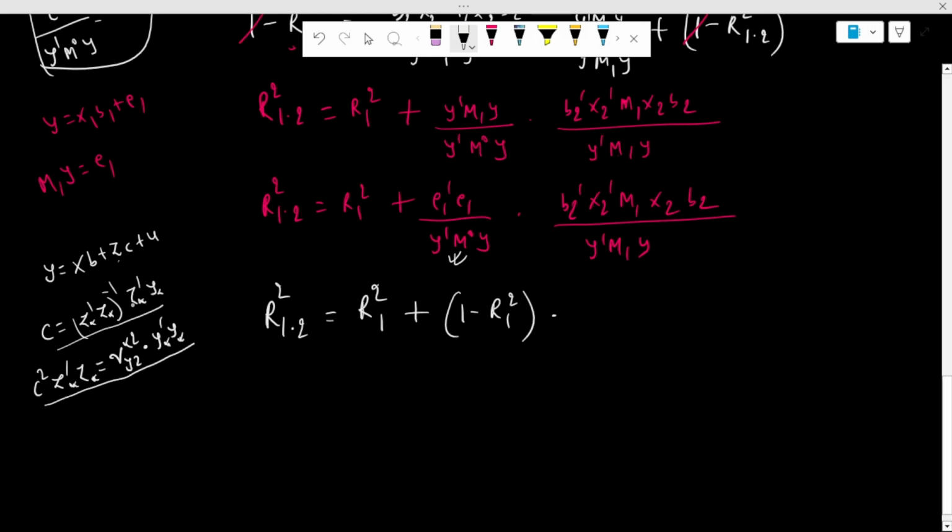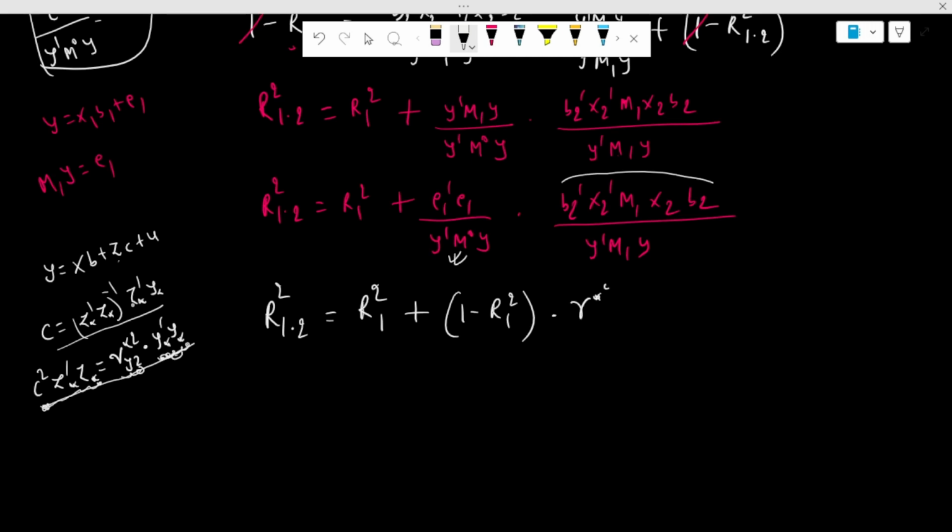If we refer to our previous video, these are well-known results. In the numerator, this part is equivalent to c square z asterisk transpose z asterisk, and this must be equal to r asterisk square yz into y asterisk transpose y asterisk. In the denominator we have y asterisk transpose y asterisk, so that cancels out, and we are left with simply